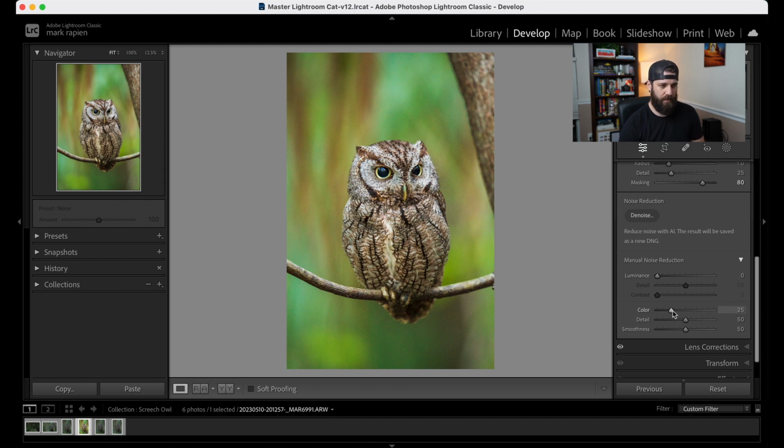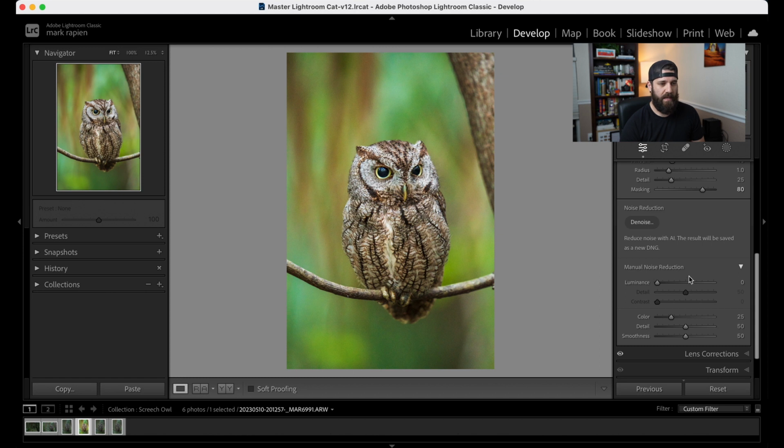The other thing with this detail is I typically will leave the color at the standard 25, but if I did see that there was a lot more color noise in it, I would bring this up to maybe 100. I found it doesn't really degrade the image too much, especially if you're just posting this on Instagram or something like that. So I'm not afraid of the color noise reduction. I am curious, and we may come back to the new noise reduction in Lightroom here at the end,